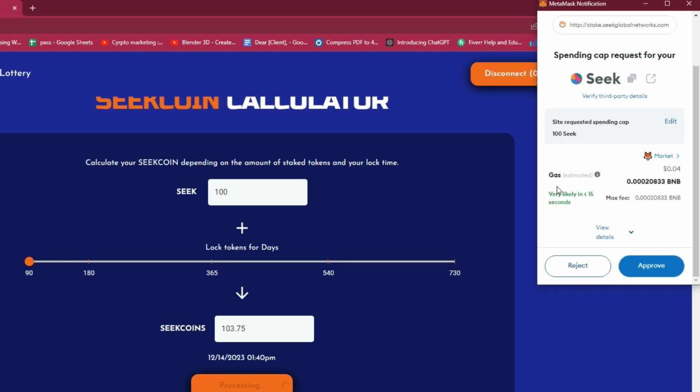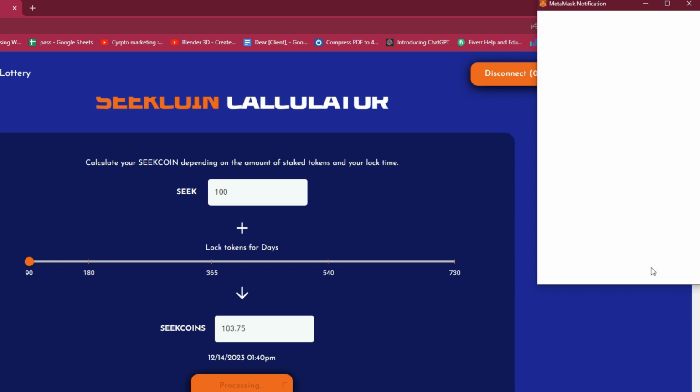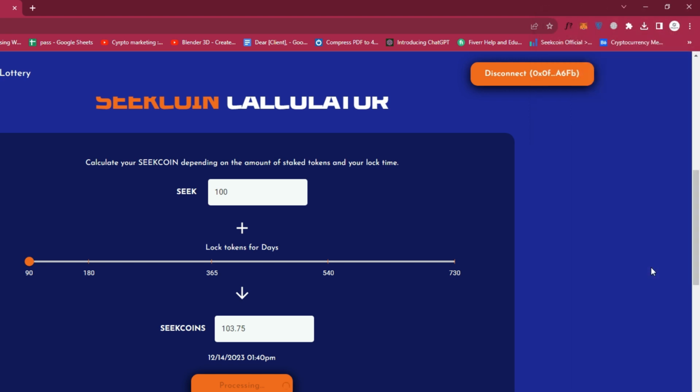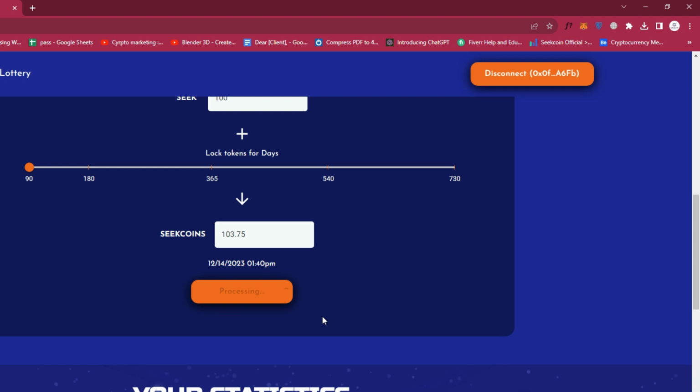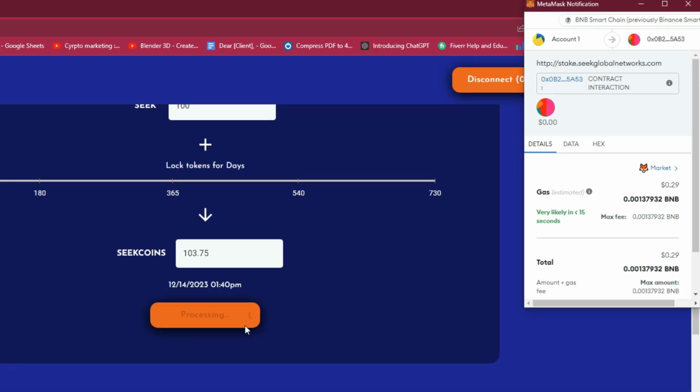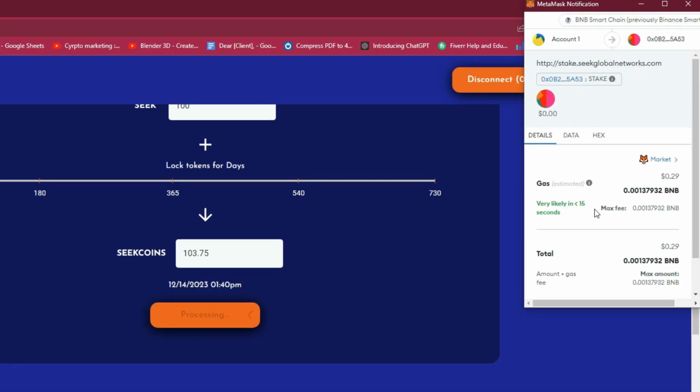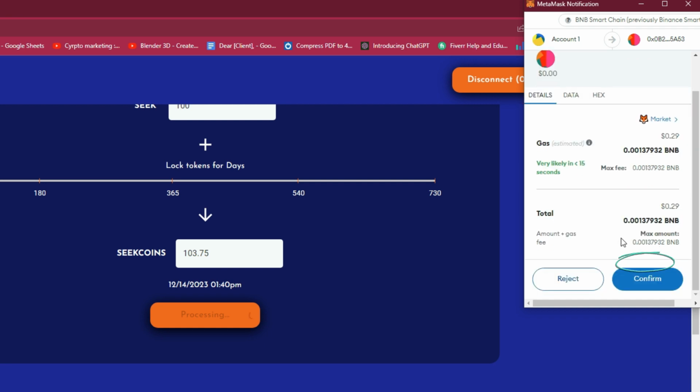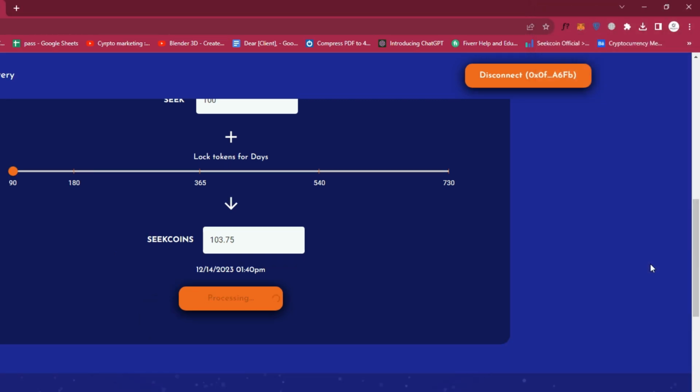Click Next. A gas fee will be deducted in BNB. If you agree, click Approve. Processing will take 2 to 3 seconds. Your wallet will show the total amount with the gas fee. Click Confirm. Your token will be staked,